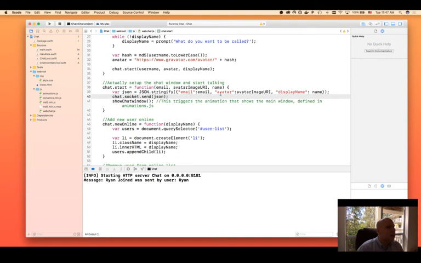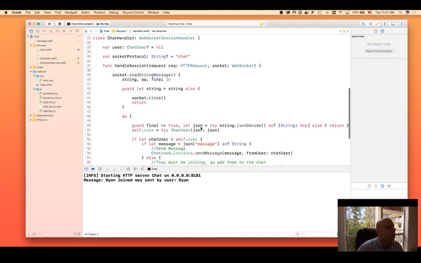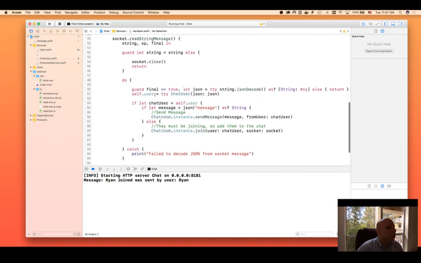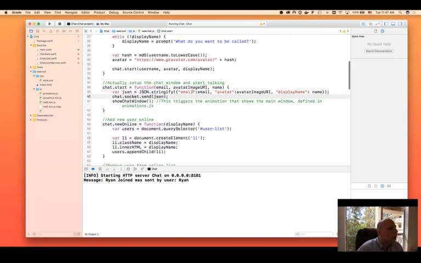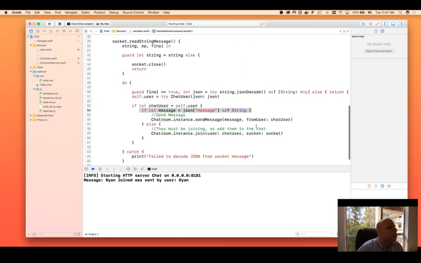So this email, avatar, and display name went to the back end, hit a handler. Handler said OK, decode that, make a user from it if all that worked. And we've got a user. We need to do something with it. Well, did we send a value that said message? No, we did not. So we don't have a message in there. It's just going to skip and go to the join. It hit the join